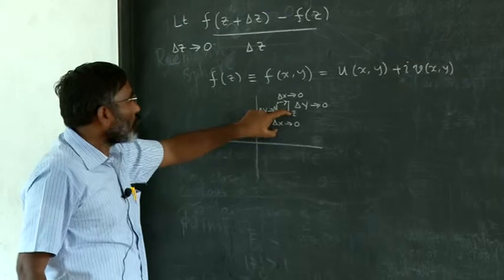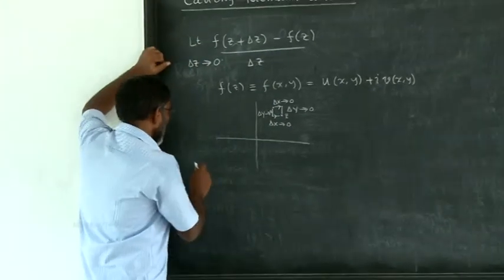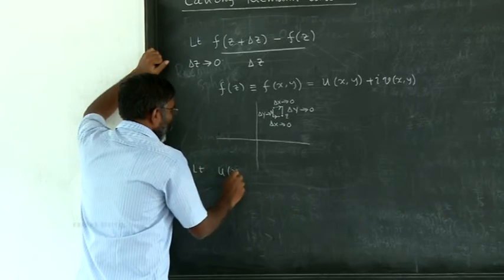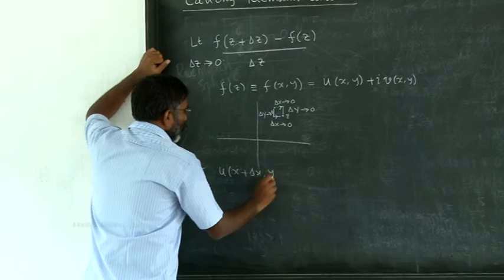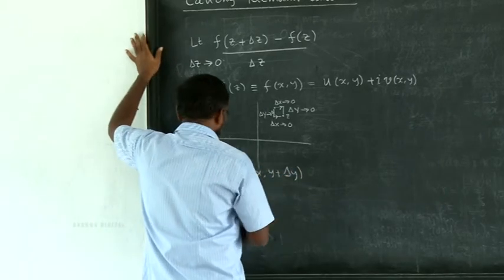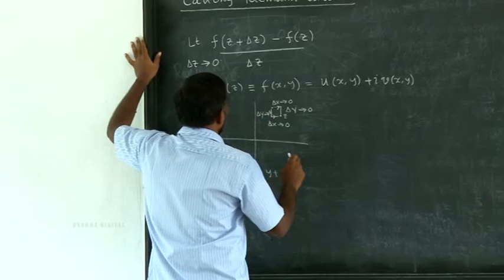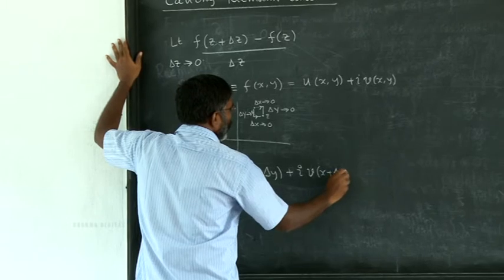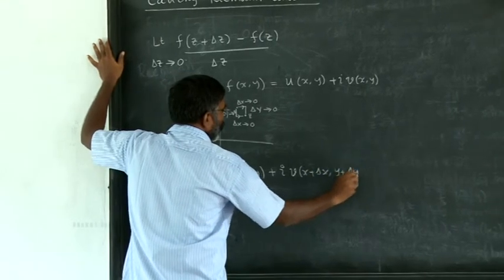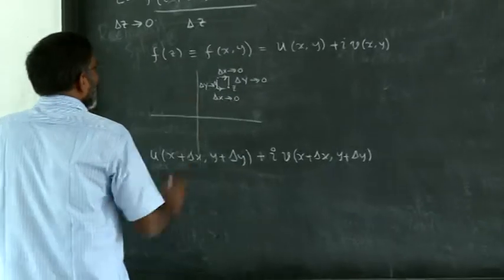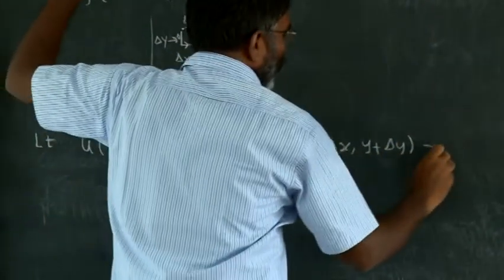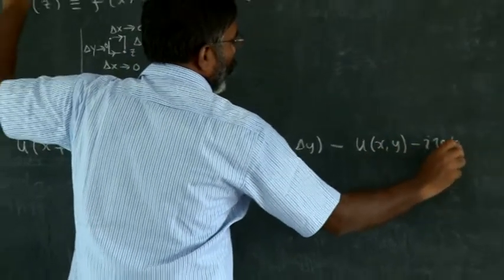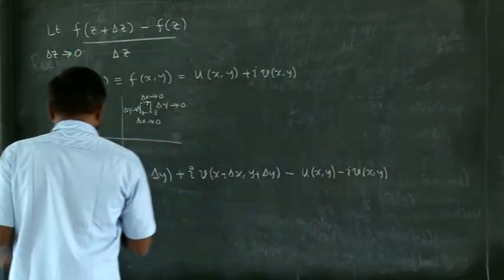Correct? So you can write this quantity as the limit of u of x plus delta x comma y plus delta y, plus i times v of x plus delta x comma y plus delta y. This is f of z plus delta z, minus u of xy minus i times v of xy, which is f of z, divided by